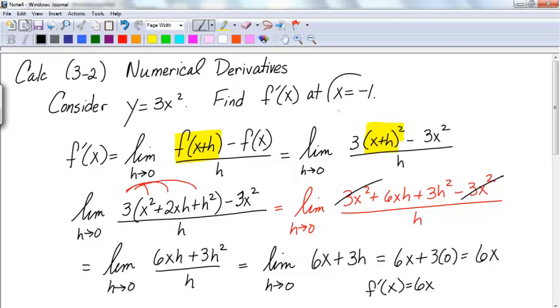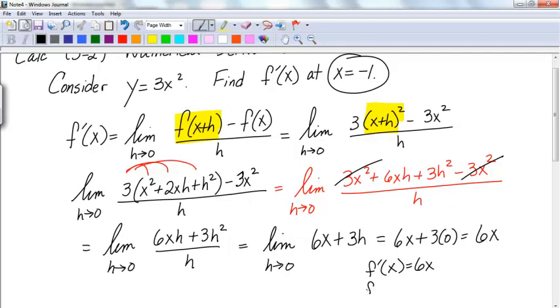They want it at a specific x value to know the slope. So f prime of -1 would be -6. That is the slope of the tangent line at that point. Now, if they take you another step, I didn't ask for it in the directions, but if they want you to go another step and say find the equation of the tangent line, then you'd go back to